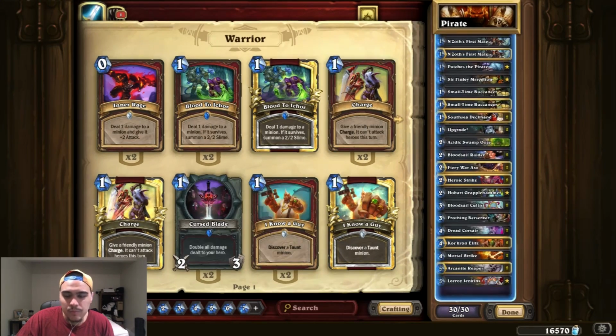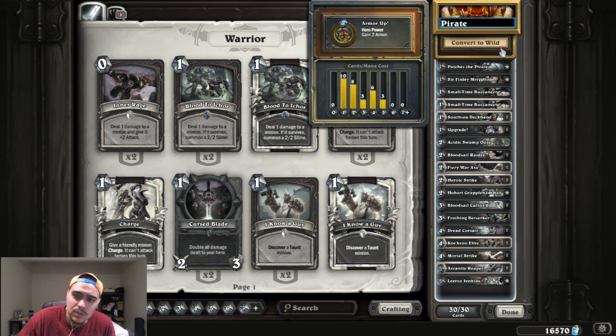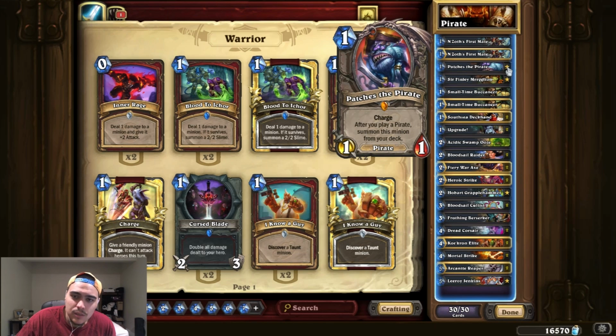So Pirate Warrior, and I made this deck list a little less than 24 hours ago, I think around 5 a.m. yesterday. Anyway though, so we got two Naga Sea Witch... I mean two Nazas First Mates, Patches the Pirate, which is one of the new legendaries from the set,